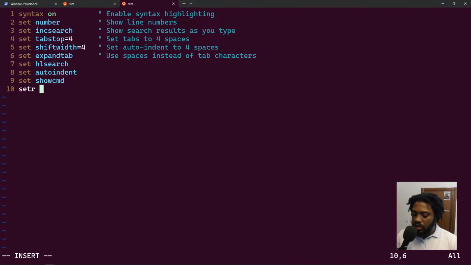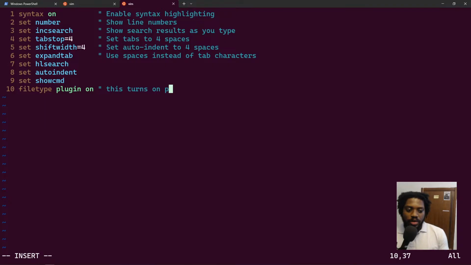So I'll say set filetype plugin on. This turns on the plugins for specific file type, and